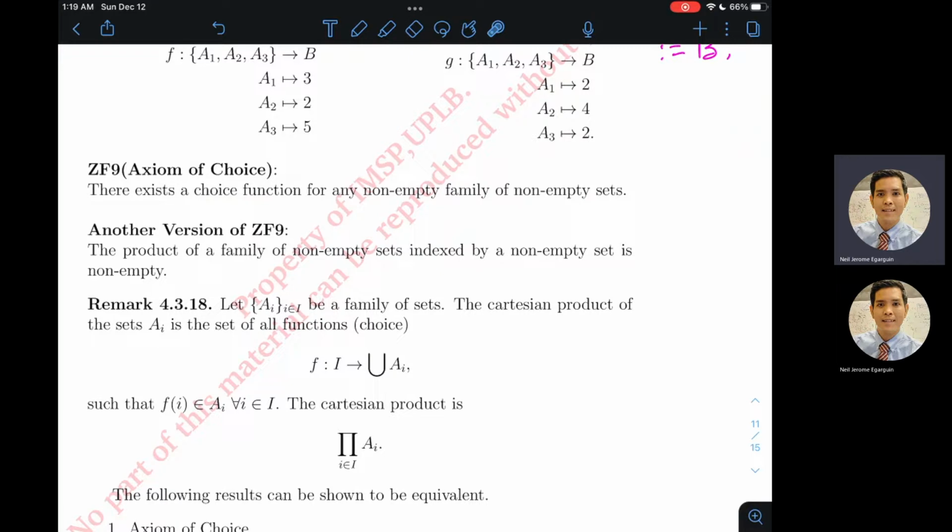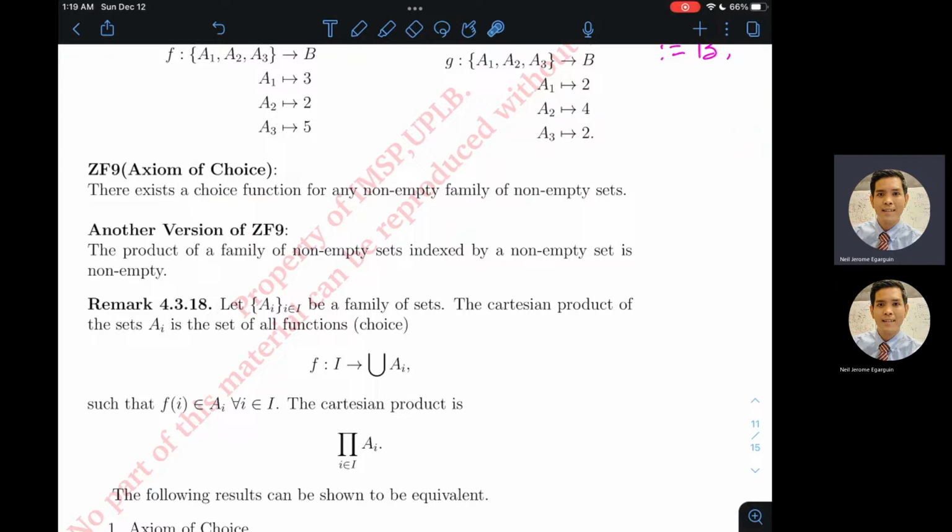But we will be remiss if we will not at least illustrate these basic results kasi nga set theory tayo and nasa foundational course tayo, right? So I hope you will appreciate these three things or these three results when you come to your major courses, all right? Now, before we call it a day or bago natin tapusin yung binge watching nyo, tingnan natin yung